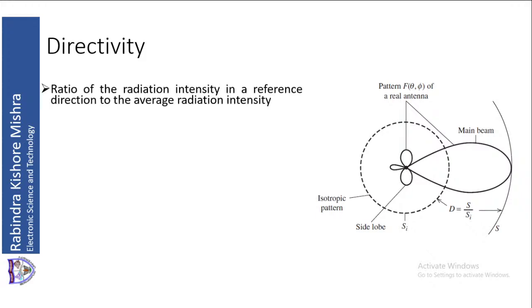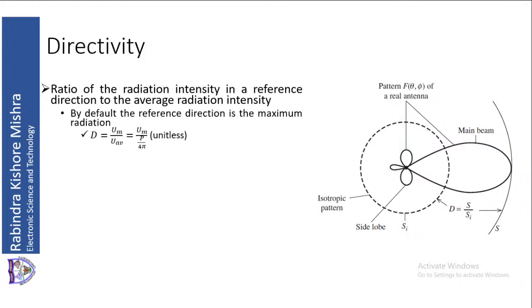for an isotropic antenna. So the directivity now is defined as the ratio of the radiation intensity in a reference direction to the average radiation intensity. Average radiation intensity is for an isotropic radiator, and the radiation intensity in a reference direction is the maximum direction. So by default, the reference direction is the maximum radiation direction, the direction for maximum radiation. So D is equal to UM,